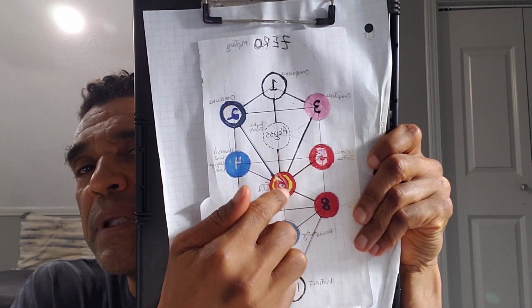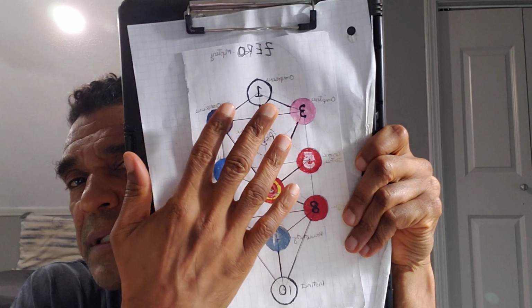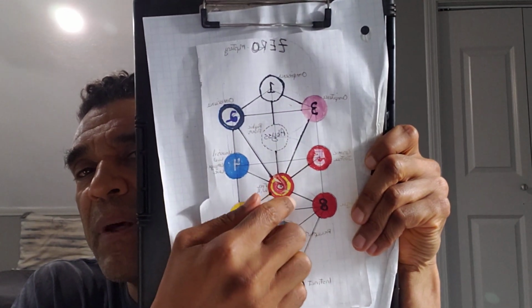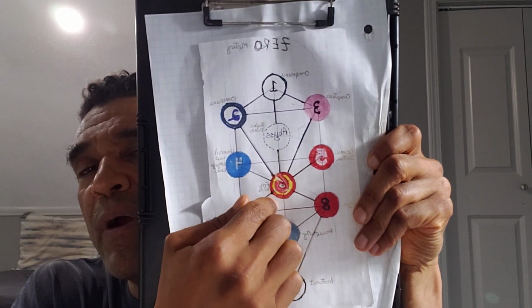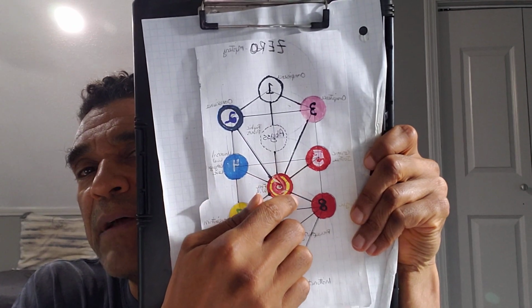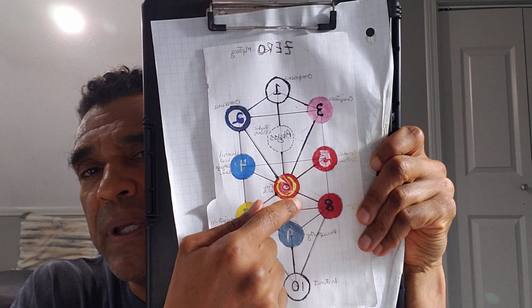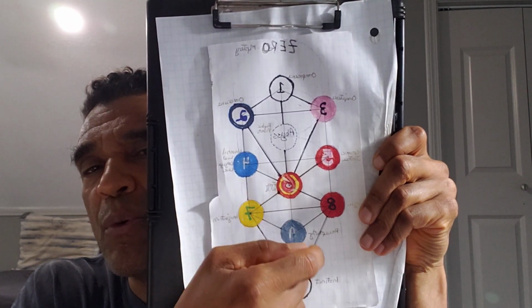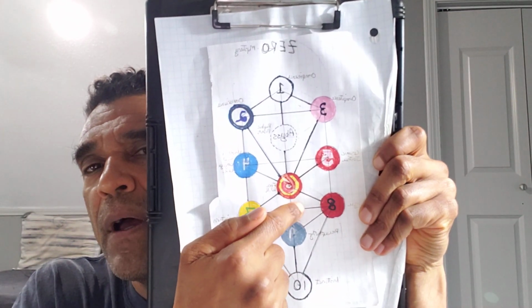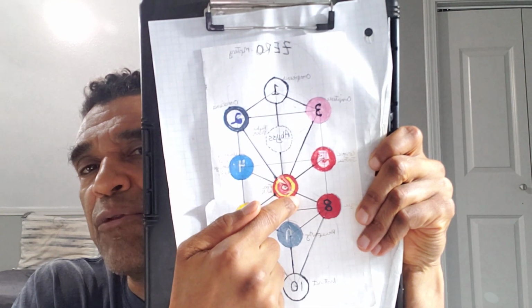And the sixth sphere corresponds to our free will faculty. This is a centrally located sphere. You can see it's connected to all the others right in the middle. This is the very important sphere that we have to set aright before we can really take off on our spiritual path.